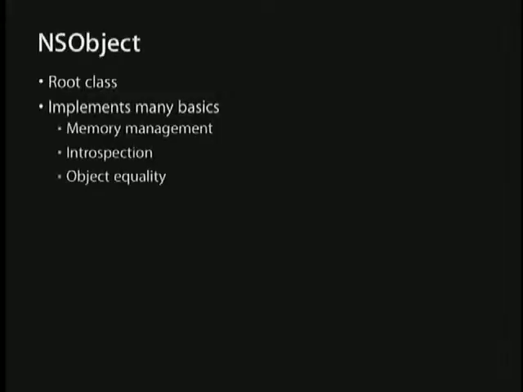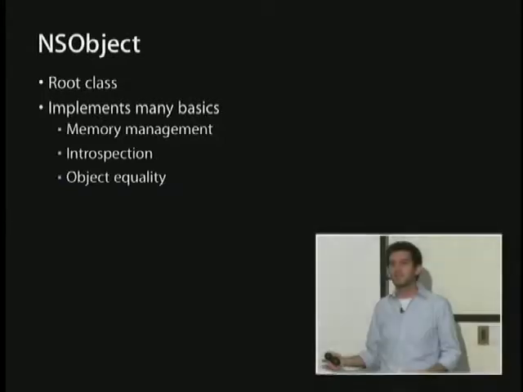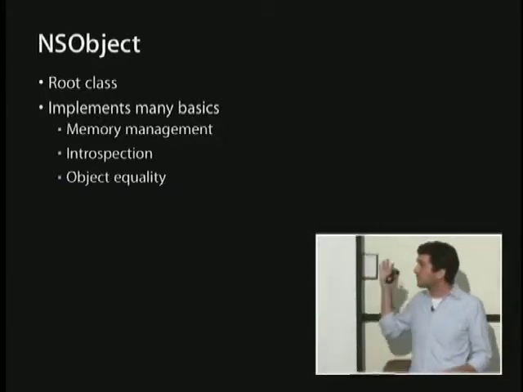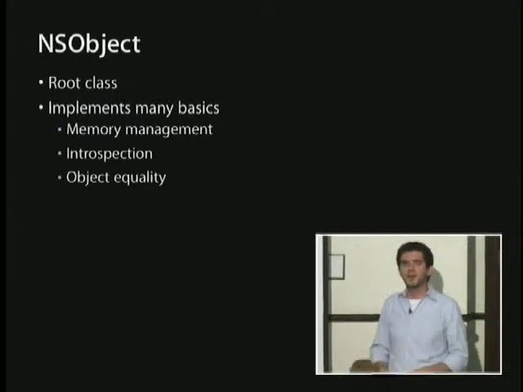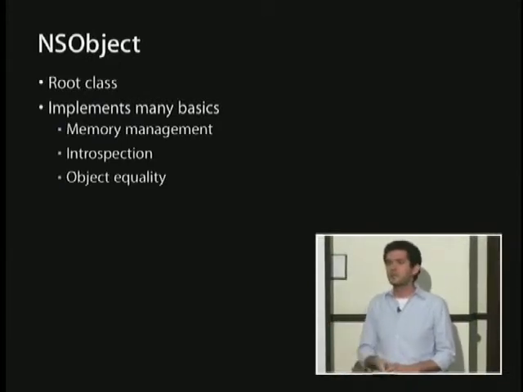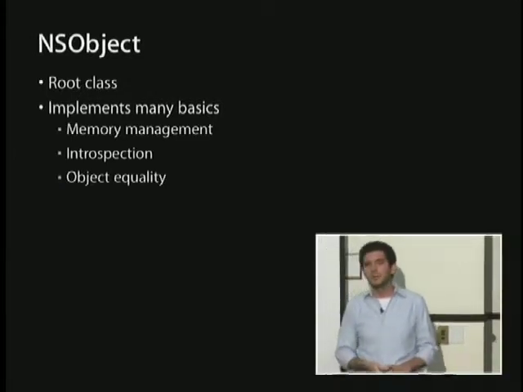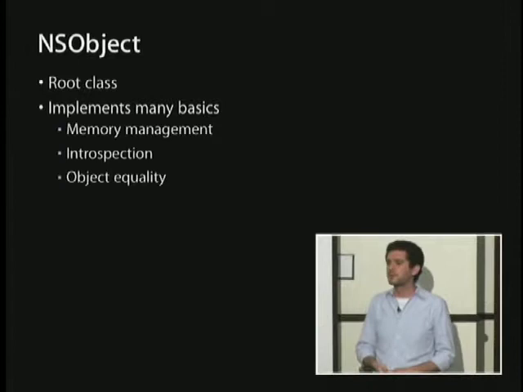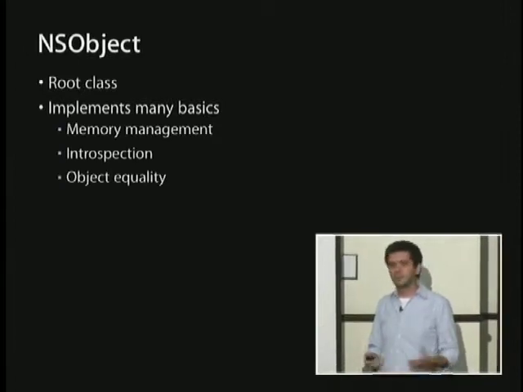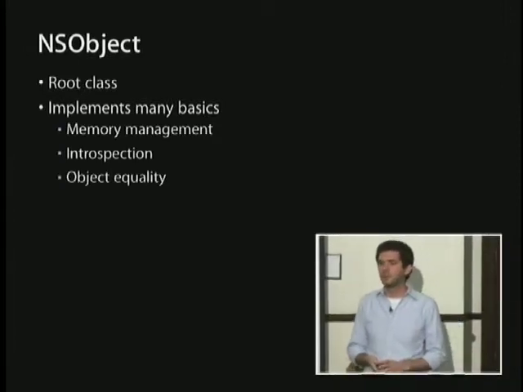but let's go over some of the basic things. As I mentioned earlier, everything inherits from NSObject. This is the base class that all these other things are going to inherit from. It implements many basic things like memory management, some of these introspection things that we were just talking about, the isKindOfClass, the respondsToSelector, all that stuff are things that are implemented on NSObject. So every object that you've got is going to respond to these things because NSObject implements them and everything inherits from NSObject. And they also do the basic object equality, although that pretty much just devolves into a pointer comparison. So as we said, if you're doing your own subclass of equality, you probably want to do your own thing.